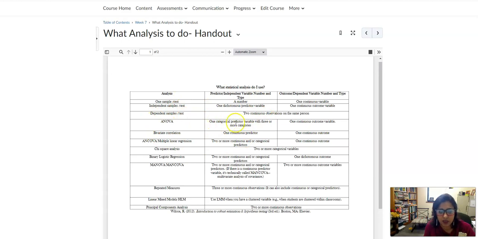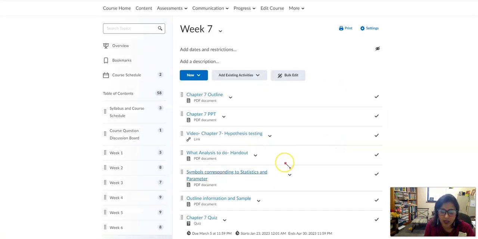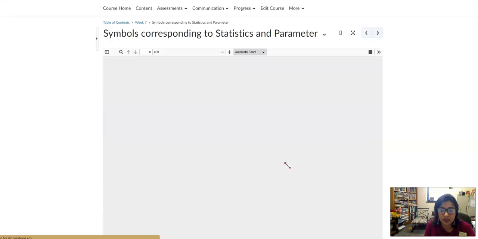If one is categorical, that means it's a group, zone A, B, C, and then one is continuous. So if it's more than one, then this is what you do. If it is independent, dependent, this is just for your information purposes. And then this is the one to look at for you to know the difference in the symbols